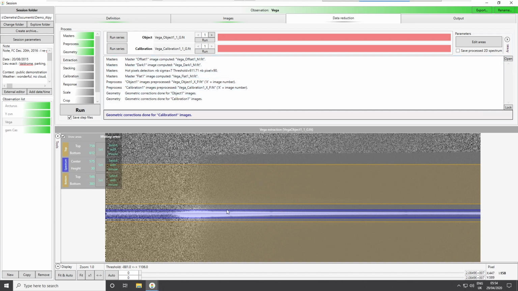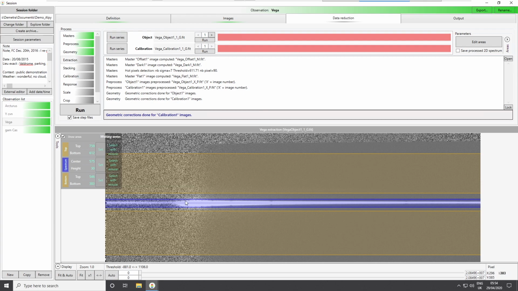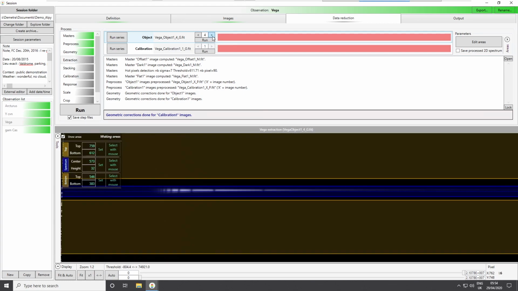Okay. The last point, which is very important in this part, is that for any image in the series, if I look at all the images, all the images must be exactly at the same position. Okay, and this is important to show that if I double click here to see the different images of the series, it is important that all the spectra are exactly at the same position.